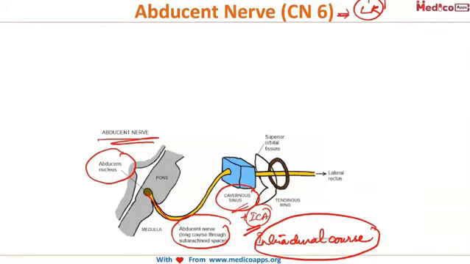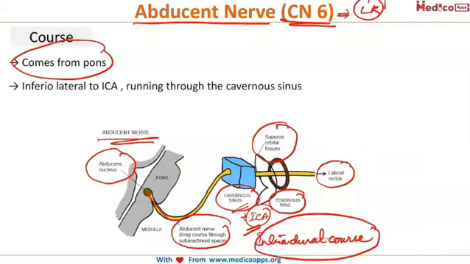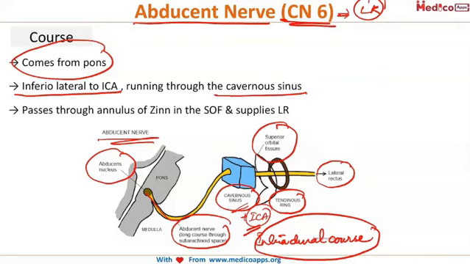cavernous sinus, it passes through the superior orbital fissure through the common tendinous ring. After it enters the orbit, it supplies the lateral rectus muscle. So the course is, it comes from the pons. The sixth cranial nerve, the abducent nerve, comes from the pons and passes inferolateral to the internal carotid artery through the cavernous sinus. From there it passes through the annulus of Zinn within the superior orbital fissure and supplies the lateral